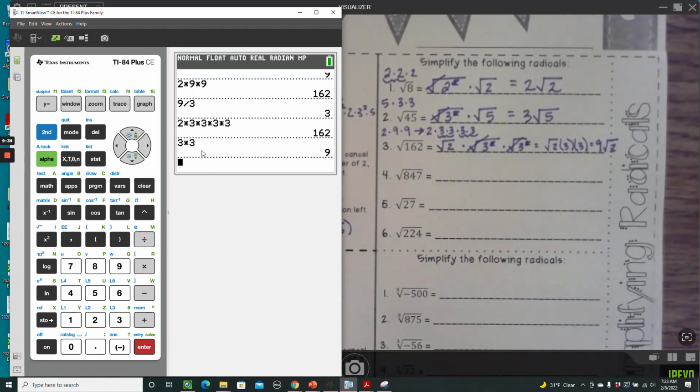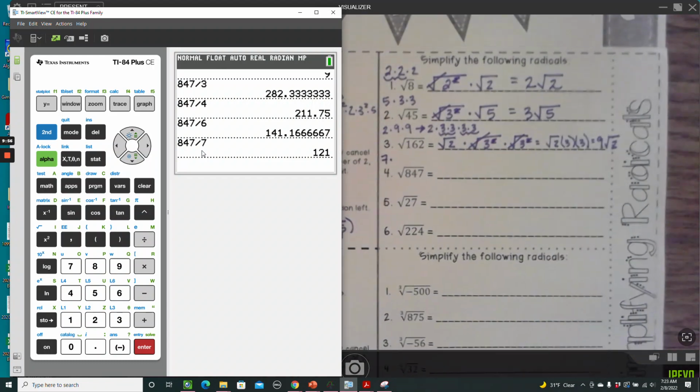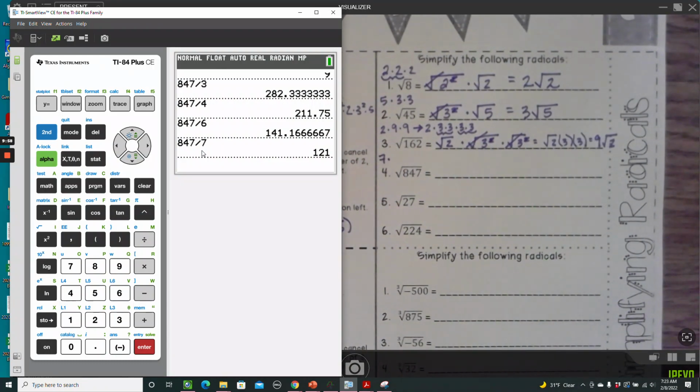All right, 847 is kind of a tricky one. We know it's not even, so let's start with 3. Not divisible by 3. Not divisible by 4. We know it's not divisible by 5. Not divisible by 6. Is divisible by 7. So we know we have a 7 there. Now we need to check 121. You can just work through the numbers. 7, nope, 8, 9, 10,